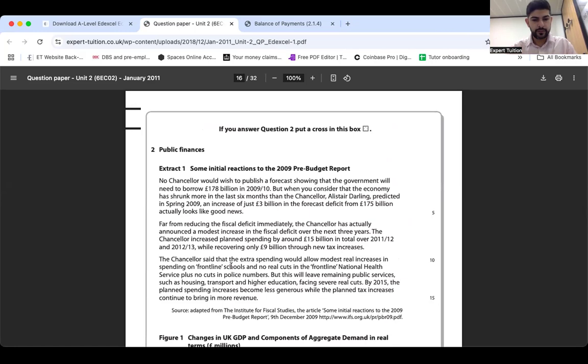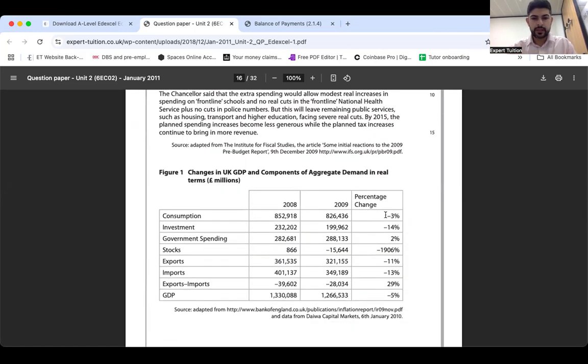So if I look at figure 2, or figure 1, sorry, can you guys see that consumption goes down by 3%? Okay, what is the link between consumption and the current account? Well, very simply, if consumption is falling, that would normally indicate that incomes are falling or consumer confidence is low. Now, by the way, they've added in an extra thing that gives you even more depth, which is, can you see that stocks are so random within the context of these components? They're all components of AD, and then we've got randomly stocks, which have gone down by